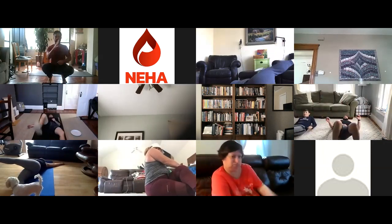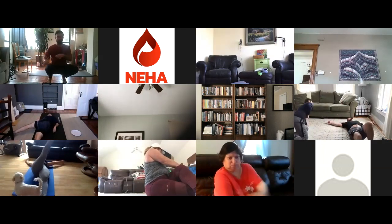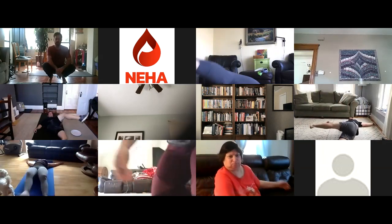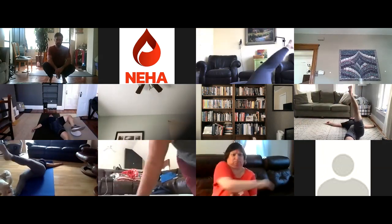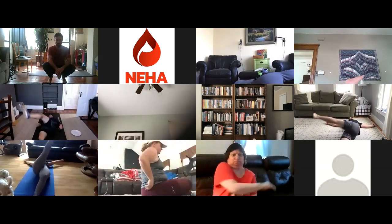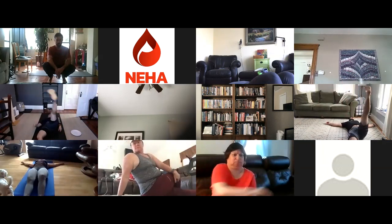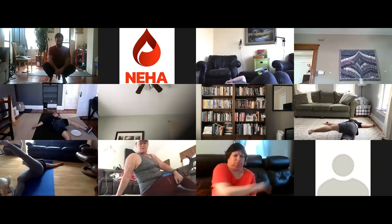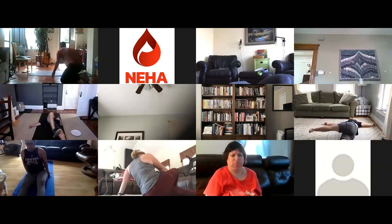So if you're sitting, you place that hand on your thigh and twist. Hand on the thigh and twist. About 5 to each side. We're getting that back loosened up. Okay, after 5 on each side of those,